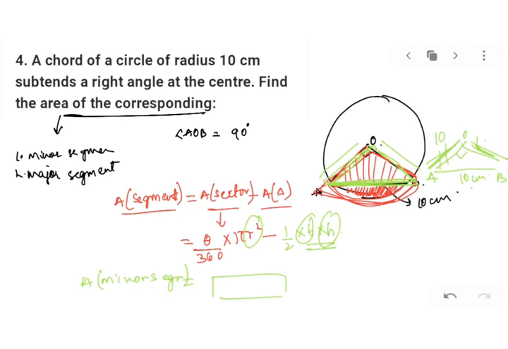I'm sorry dear kids, it is given in the problem a chord of a circle of radius 10 centimeter. I had taken the chord measurement as 10 centimeter. I am so sorry, the radius is given as 10 centimeter. So the problem becomes very easy. You do not have to use any trigonometrical functions or ratios to find your radius. So radius is given to you. You just have to put in the values of radius in your area of sector. And for area of triangle also, the radii will become base and height. Got my point clear? So you have base and height 10, 10. From there you will get area of sector and area of triangle. When you subtract, you will get the area of minor segment.